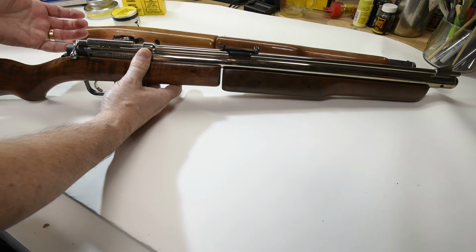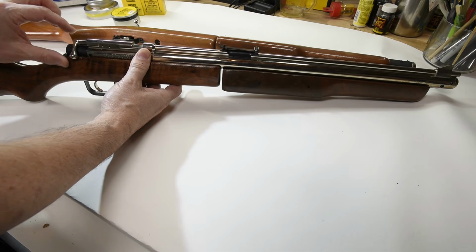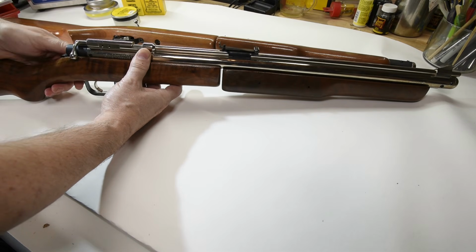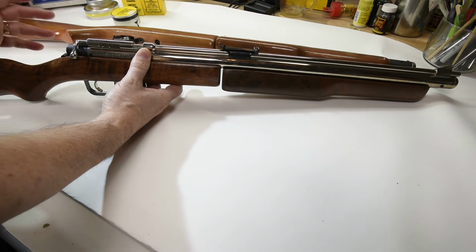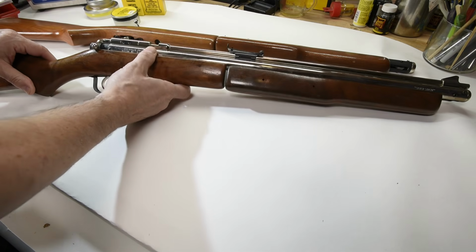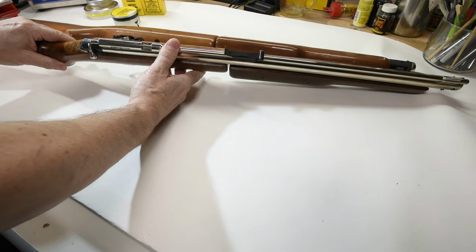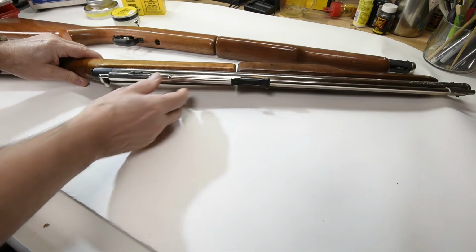That was replaced. People didn't like that quite as much, I guess, and they replaced it with a rocker one that went from side to side, fire and safe, depending on which way you moved it over, and then the trigger would fire. Those guns were made for a long, long period of time, and those are the ones most people are probably most familiar with. It's hard to find information on these ones, but according to the book I've got here, borrowed it,